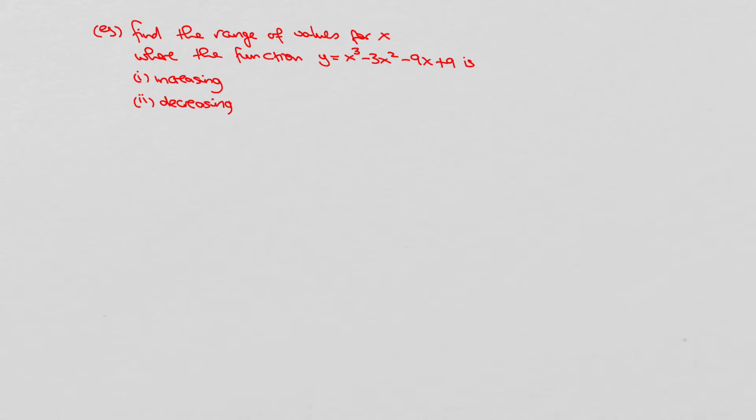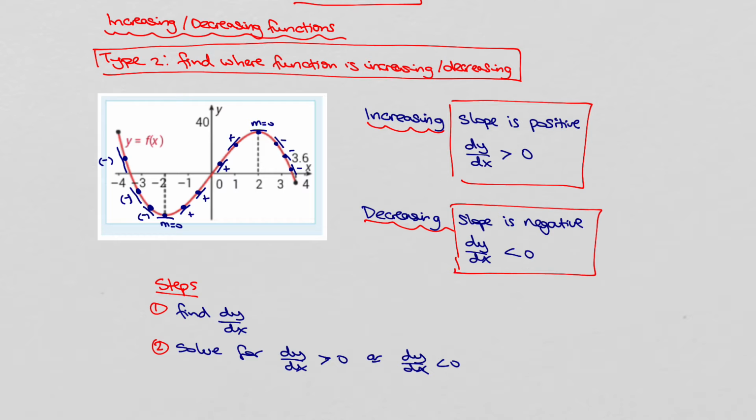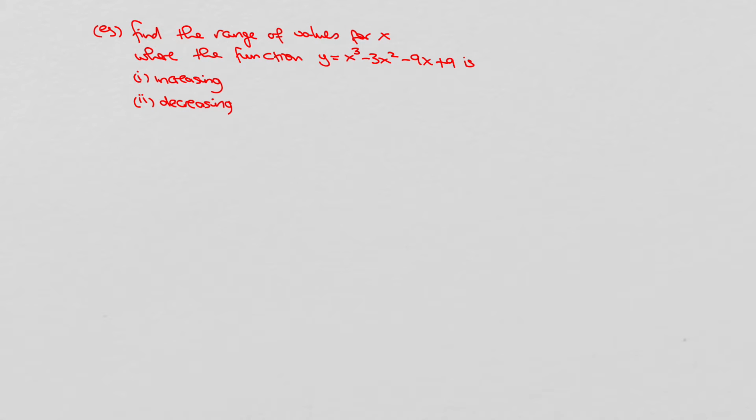Find the range of values for x where the function y equals x cubed minus 3x squared minus 9x plus 9 is increasing and decreasing. It is a positive cubic function, which means it's going to be an n followed by a u shape, the reverse of the previous graph. We want to know where it is increasing and decreasing. We don't have a graph, so we can't read off our answers, and we must rely on differentiation. So we take our function,